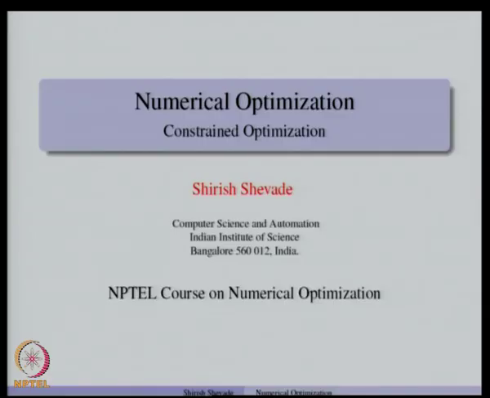In the last few classes, we discussed unconstrained optimization problems and some algorithms to solve those unconstrained optimization problems. Now, in practice, many problems are constrained optimization problems, and we need to solve those using suitable methods. For example,